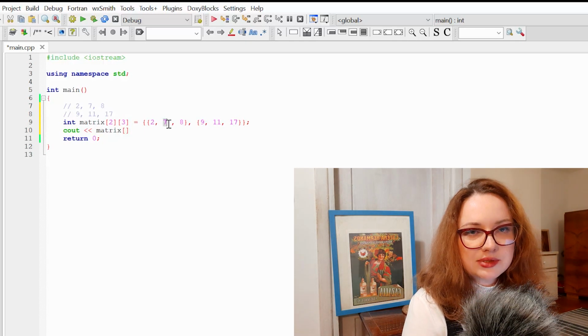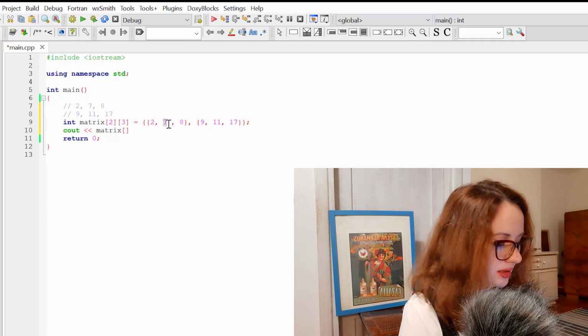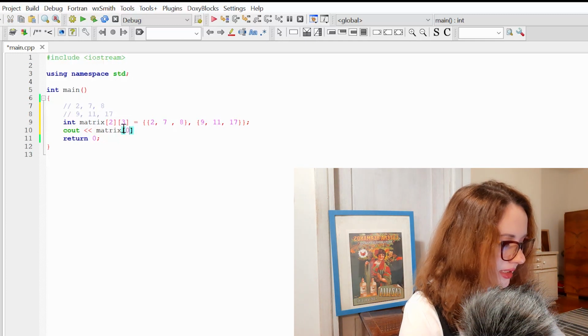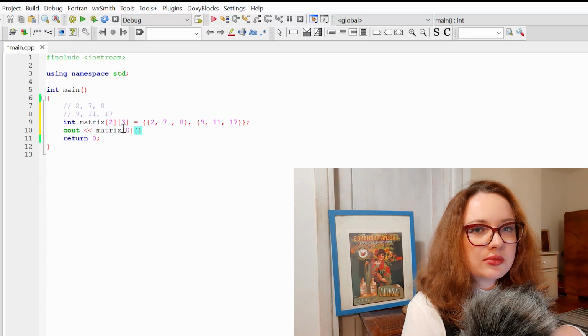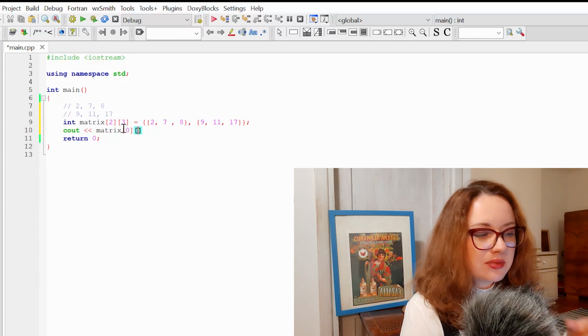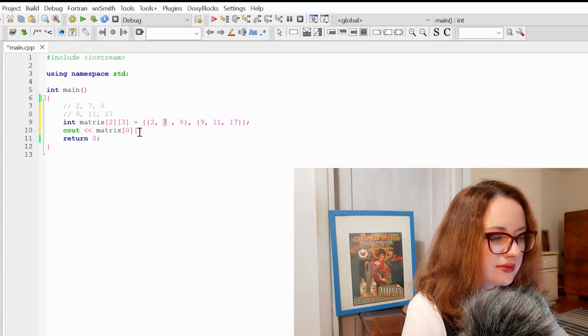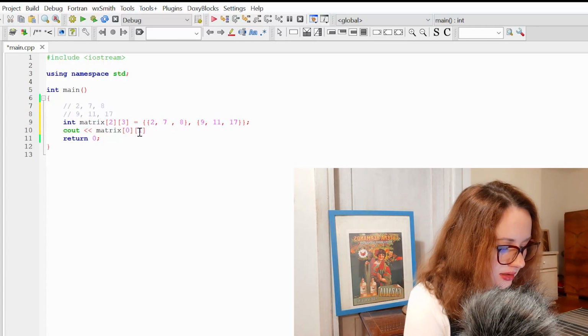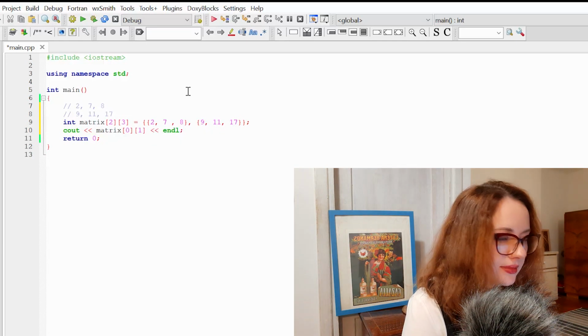So once again you remember that we start to count the members of an array from 0, so the number of the first subarray is 0, the number of our first row, and in the second square brackets I'm going to write the number of the member of this subarray. So in 2, 7, 8 the index of member 7 is 1, because 0 stands for 2, 1 for 7. So let's write here 1, and once again let's write end line.